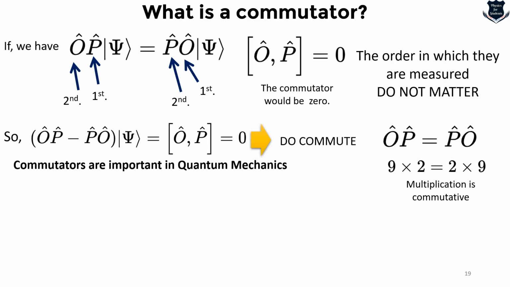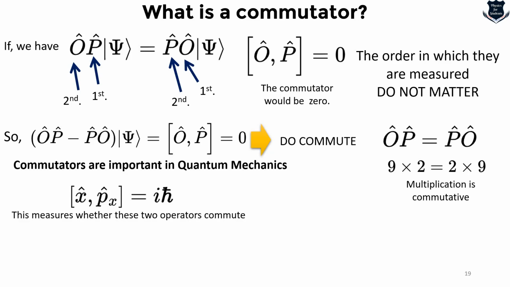Now commutators are very important in quantum mechanics. So we understood one commutator where it doesn't commute and it is not equal to 0, and when it does commute, it is equal to 0, and that is why we say multiplication is commutative. But commutators are important not only for the Ehrenfest theorem, but in quantum mechanics in general, because